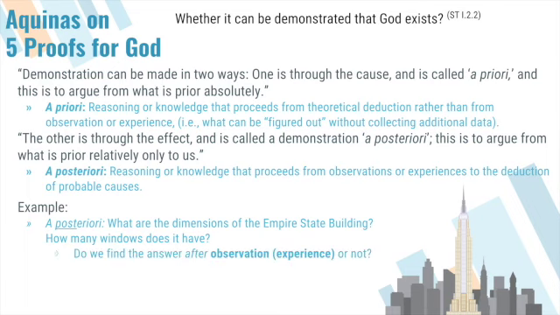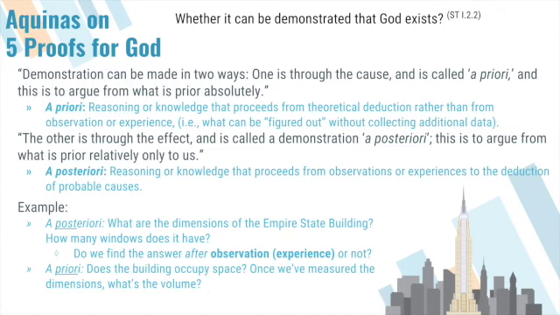Do we find the answer after observation or experience or not? So this is a case where it comes after. Posteriori. Posterior. A priori is prior to experience. Does the building occupy space? Once we've measured the dimensions, what's the volume? Do we find the answer with more observation or not? So when we ask what the dimensions are, we have to go out and measure it. And now you have